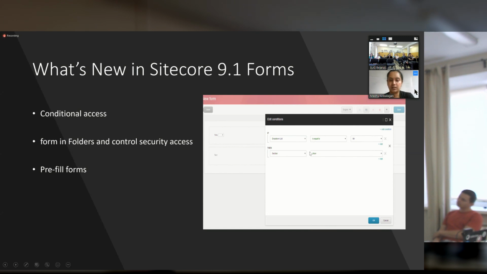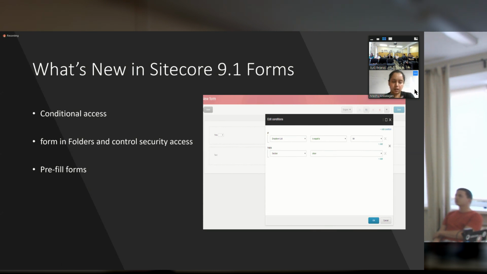The conditional access is most frequently asked about in Sitecore 9.0, because you need to write quite a big code to write up a condition where you want to show or hide any of those fields based on the user input. So Sitecore 9.1 comes up with a big custom conditional access where you can just add a condition, and it has the show or hide. So it's again easy to go, but there is a little trick on this which I'm going to show in a demo. It looks very straightforward, but it took me a couple of hours to figure out. I'm going to show this in the demo, and